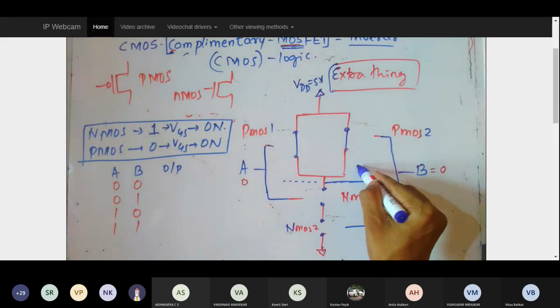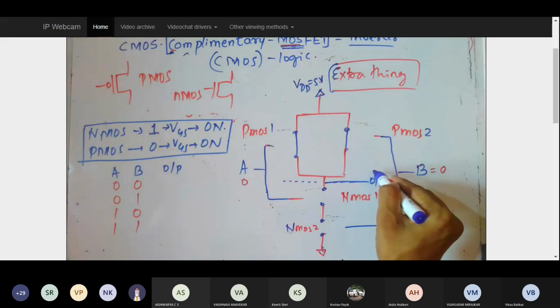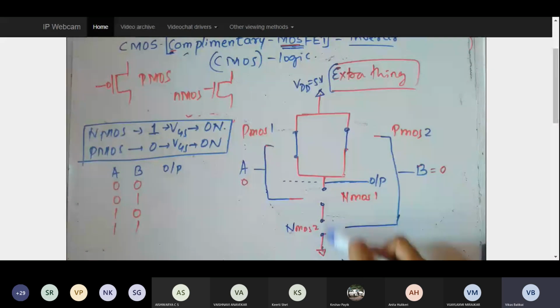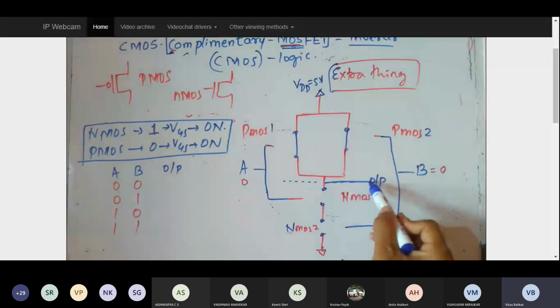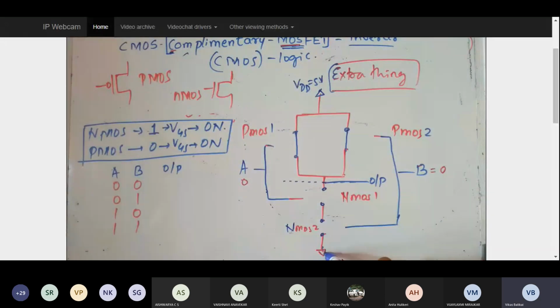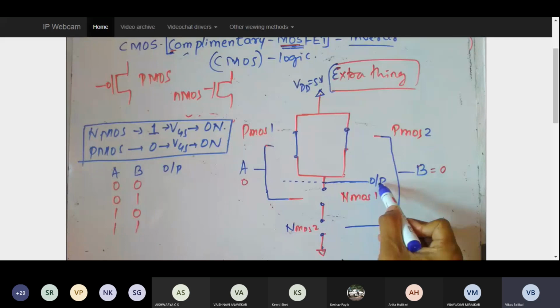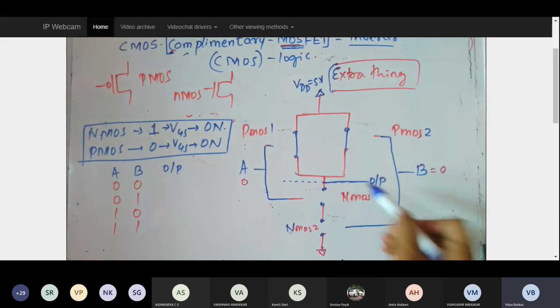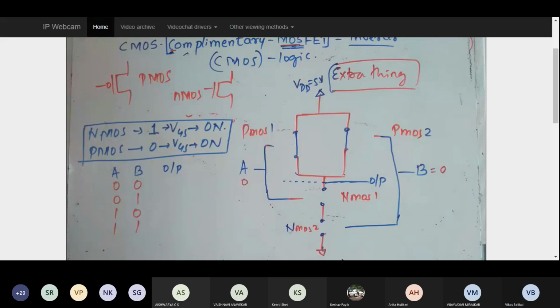Reply to me. The output is connected. If these are off, it is definitely not connected to ground, because here at the output wire there is no more connection, so nothing can flow from ground to the output terminal, and there is only one connection, that is connected to the output and VDD, either through PMOS 1 or through PMOS 2. So what do you expect the output would be? One. How do you say it is 1? 0. How do you say it is 0?